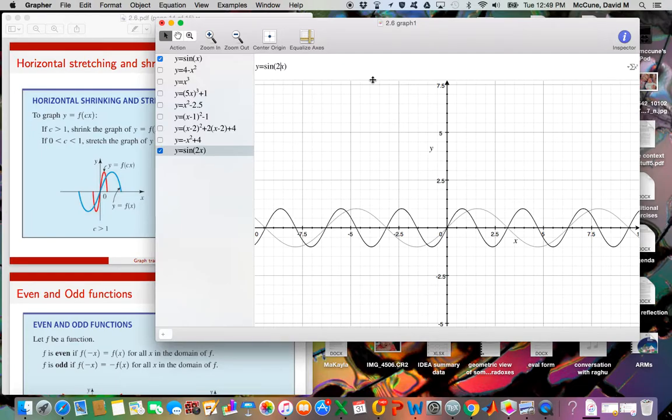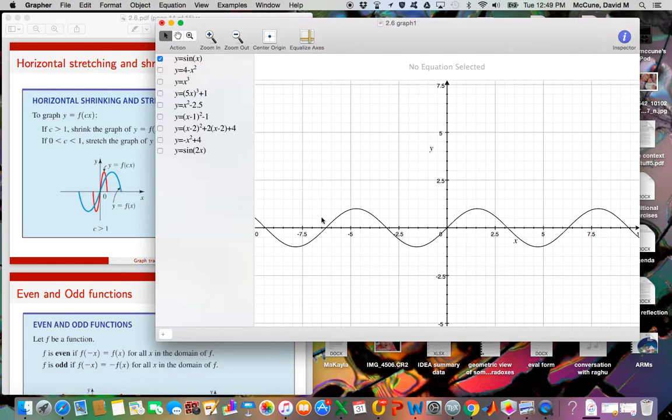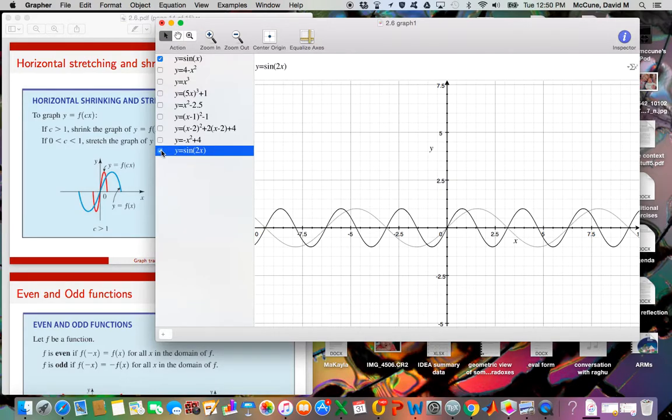You notice what happens? It got squashed inward. So it's kind of hard to see, so let me turn this off. So there's the wave just going along at whatever rate it was rising and falling. Now I've taken it and I haven't vertically pulled it at all. This graph still bounces up and down between the same values, but I've squashed it inwards. So I've sort of just taken my hands on left and right and just pushed inwards. I compressed it. And if instead of a 2 I do a 1/2,